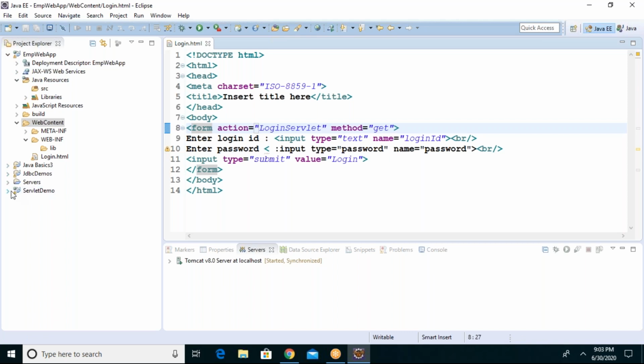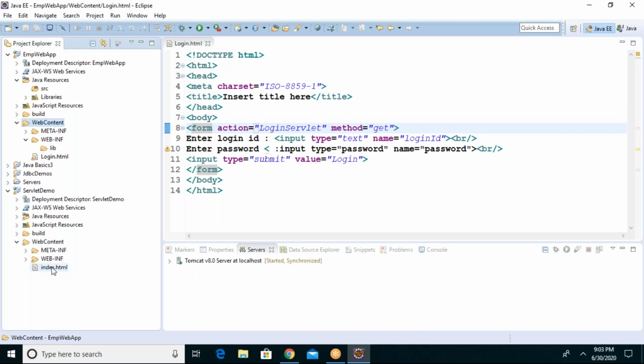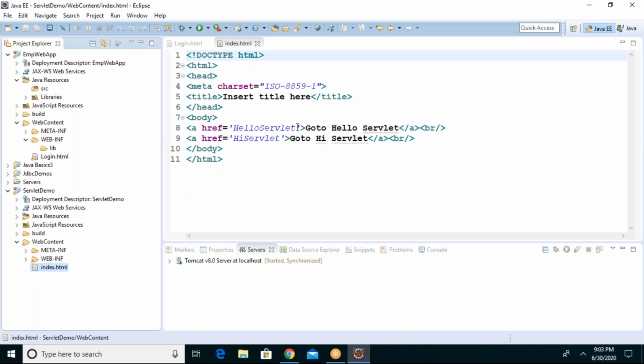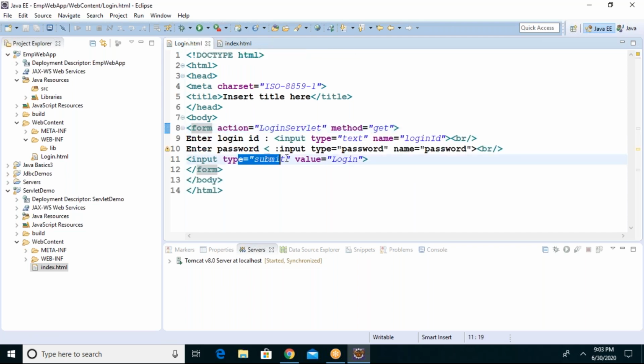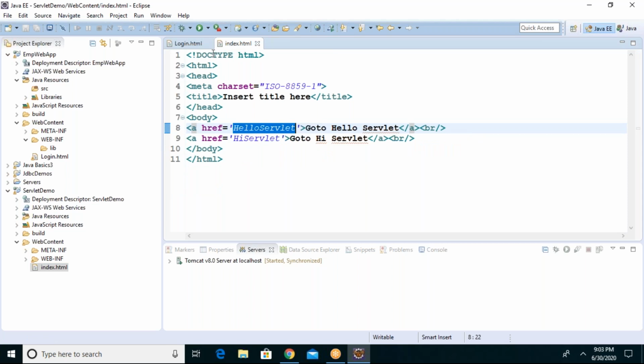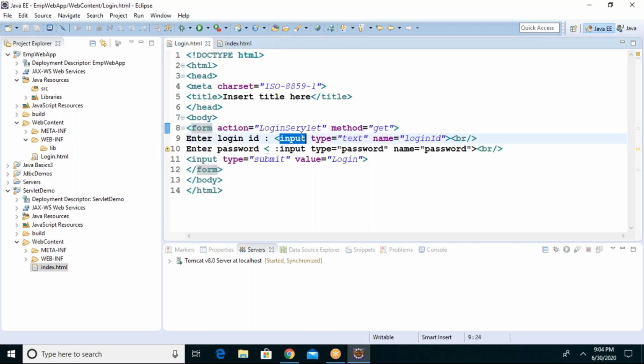Guys, compare the previous project. See, whenever you click on this text, it will go to the servlet with the URL pattern, right? I mean, you are going to hello servlet. Similarly, whenever you click the button inside the form, immediately this action will be performed and it will call a servlet called login servlet. This is the URL pattern. You understand the difference between anchor tag and form tag, guys? Whenever you need to click a text and send it to a servlet, go with the anchor tag. Whenever you need to read the text and then go to the servlet, use the form tag.